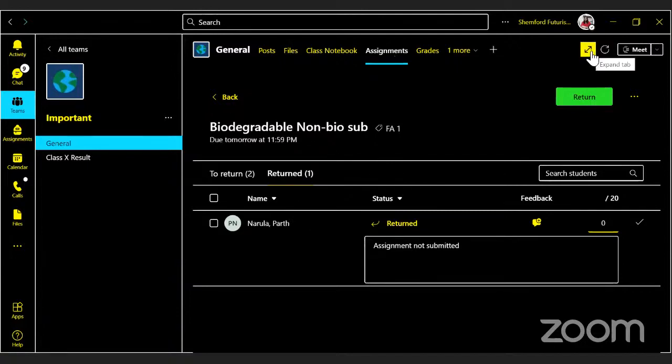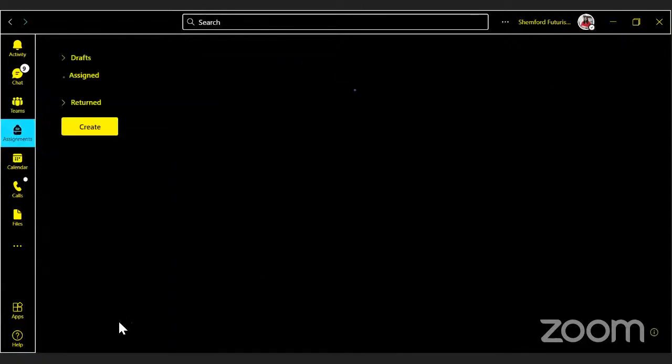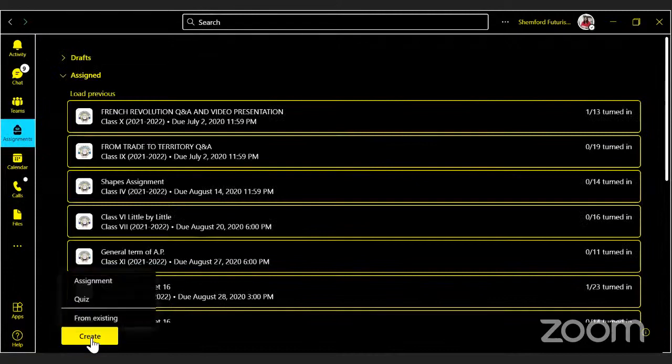Okay, madam. Do they create questions for multiple choice and descriptive in the same file or different forms? I showed you, for example, I'm going to assignment. I am going to create. So it is asking me, I have to go to quiz. If I have to create a quiz with multiple choice questions, then it will take me to Microsoft Forms.